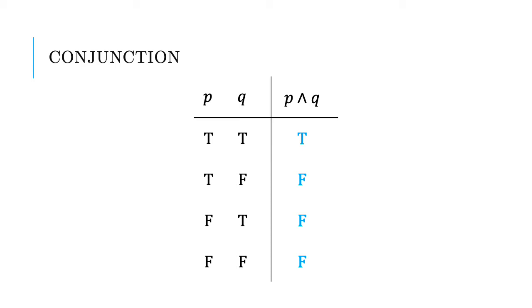But let's move on. For disjunction, we see that we get that P or Q is true in all cases except for when both P is false and Q is false. In other words, P or Q is false when P is false and Q is false, and true otherwise. Importantly,